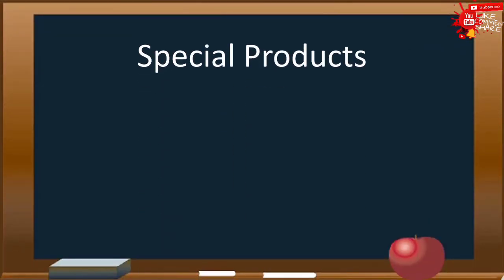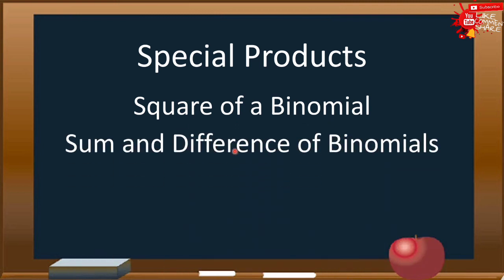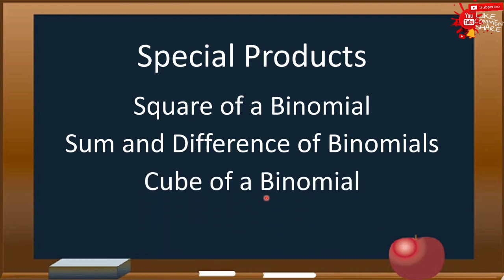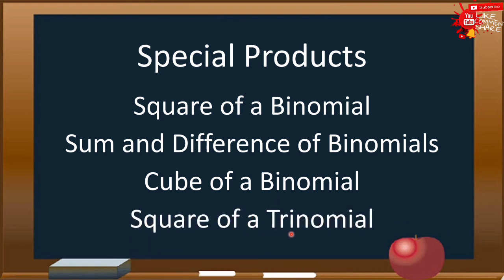So today, we will discuss special products. And what are these special products? The first one, we have the square of a binomial. Second, we have the sum and difference of binomials. Third, we have the cube of a binomial. And last, we have the square of a trinomial. So let us discuss first